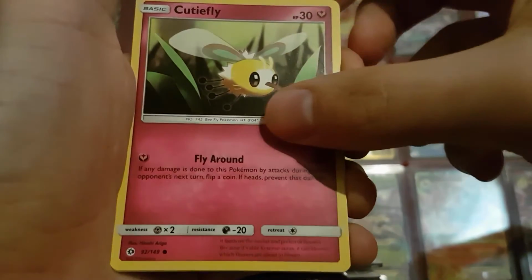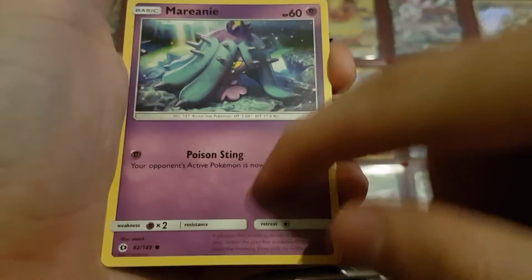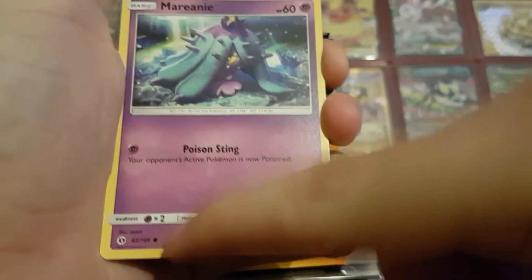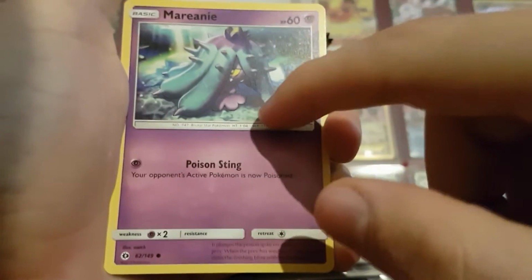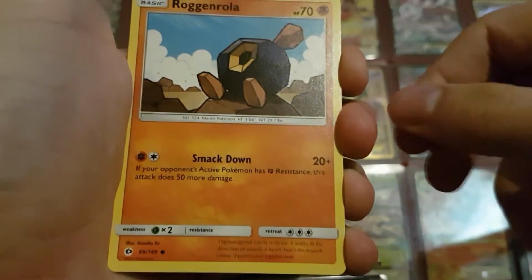A Cutiefly, a Marini, which I think is a little weird to be a common, considering how difficult it is to get that one in the games. A Roggenrola,